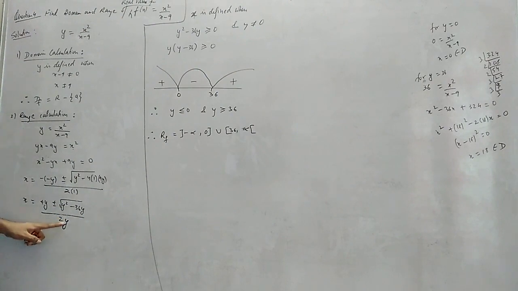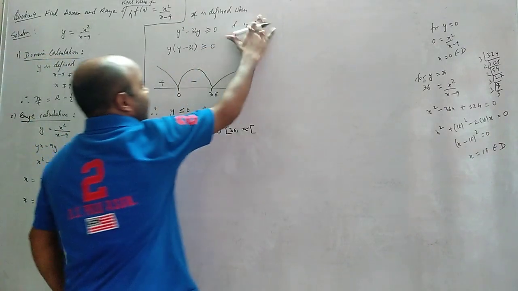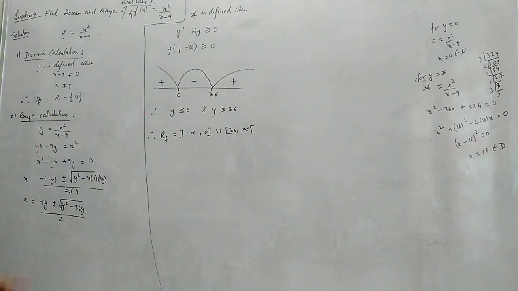Because y 0 होने से भी infinity हो जाएगा and root के inside part if it comes negative then also it becomes imaginary. But since we don't have y here, that means this case will not come here. You understood? So only one case, root के inside part should be greater than equals to 0.